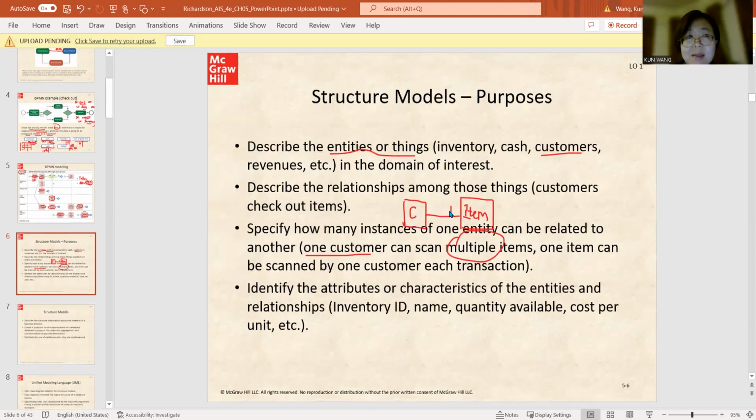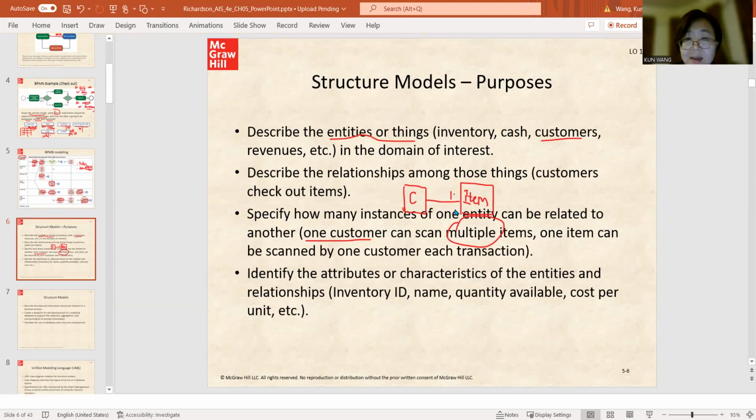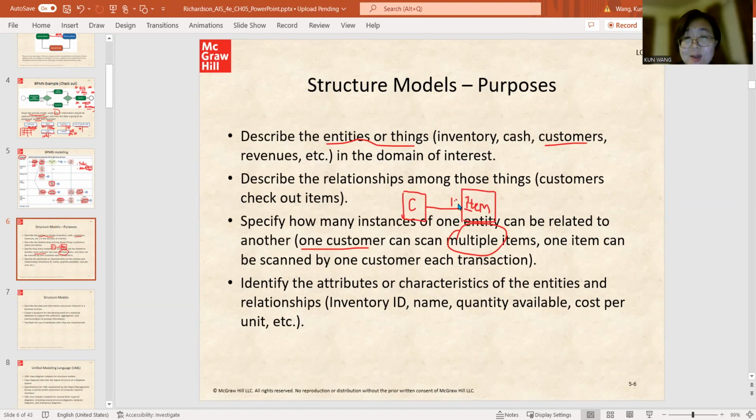From the customer side, I need at least one, and then I will put a dot. Then I will put, I think probably M or N. I will just put M. So it means I minimum need to check out one and there is no limit, as many as I want theoretically. The reason, if I don't have this